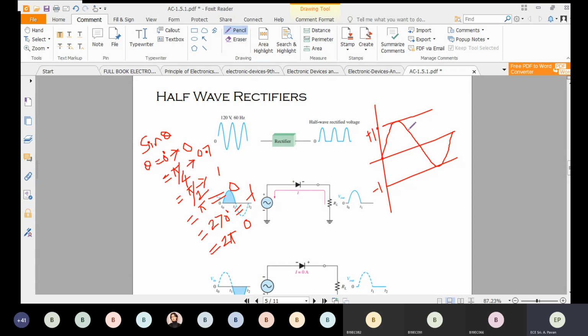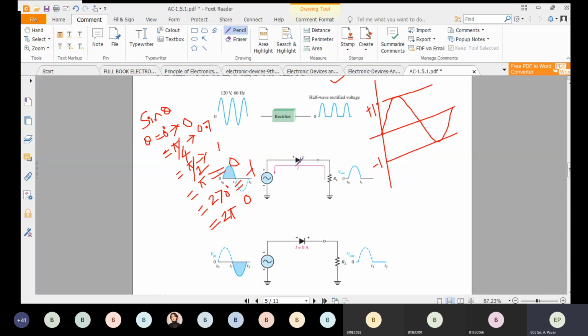If I give this sine wave to a half-wave rectifier, this is supposed to be the output. How are you supposed to get this output? See here, this is the input we have given to the rectifier. So the entire sine wave is given to the rectifier as the input. We have a diode in between. So what is this diode expected to do? This diode is supposed to allow only certain